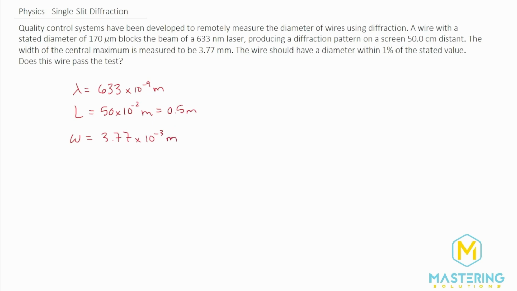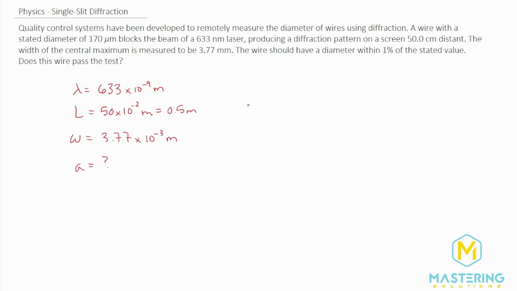And what are we trying to solve for? We're trying to solve for the A, which is the width of the opening, or in this case, the width of the wire, because the book talks about how if you have an object like a wire or a hair or a fiber, one of the other questions did a fiber, it acts just like a slit would and will also give us a diffraction pattern with a light. So kind of interesting. So what we need to do is figure out what is the actual width of the wire, and then if it matches up with what it says, basically.